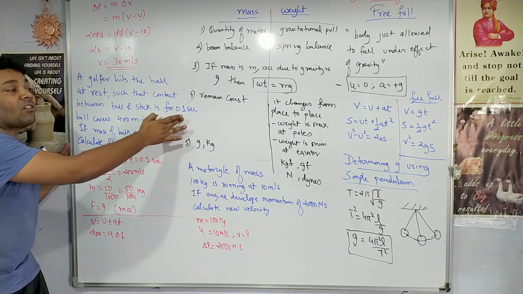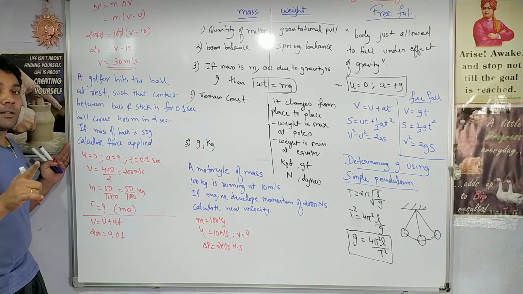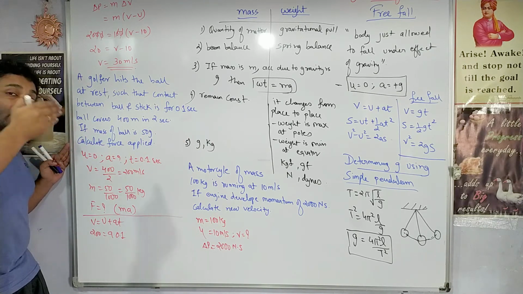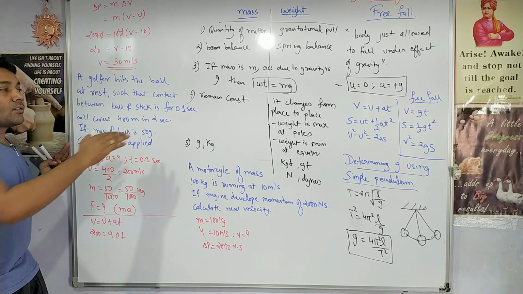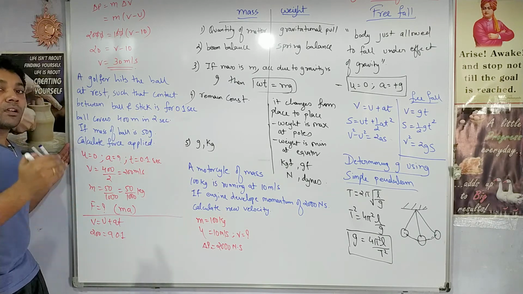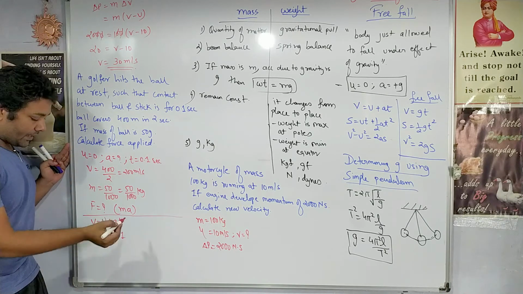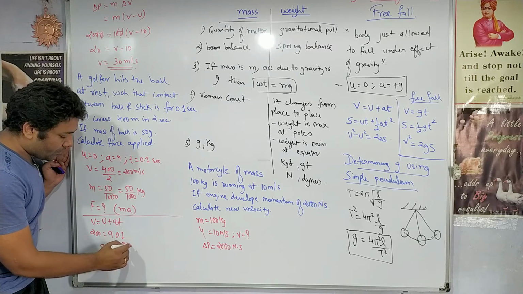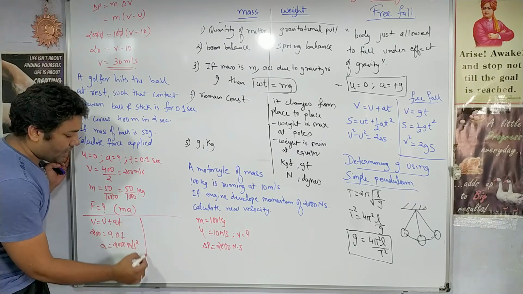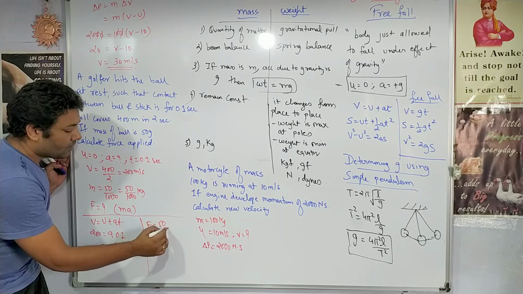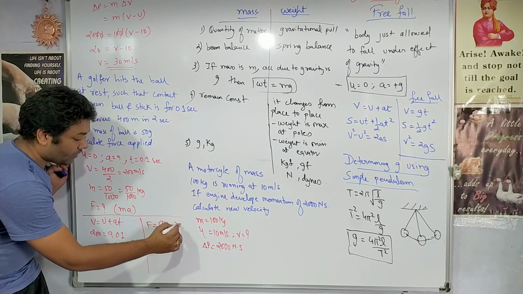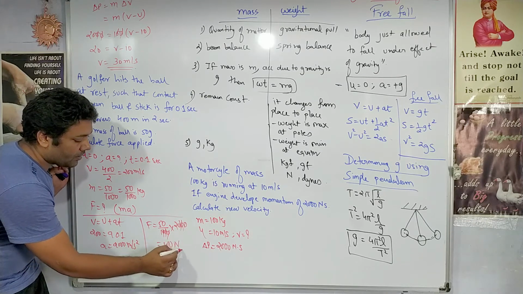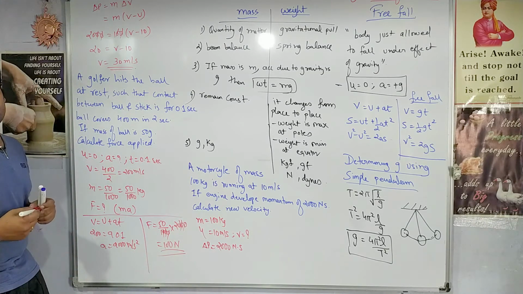This time specifies the time of accelerated motion, because it is only during this interval that the ball remains in contact with the stick. So this is the interval during which the motion is accelerated motion, so that time we'll consider here. So now if we calculate acceleration, it is 2000 meters per second square, and now if we calculate force, 50 upon 1000 into 2000, 1, 2, 3, all India free, 100 newtons is the force. That is the correct answer.